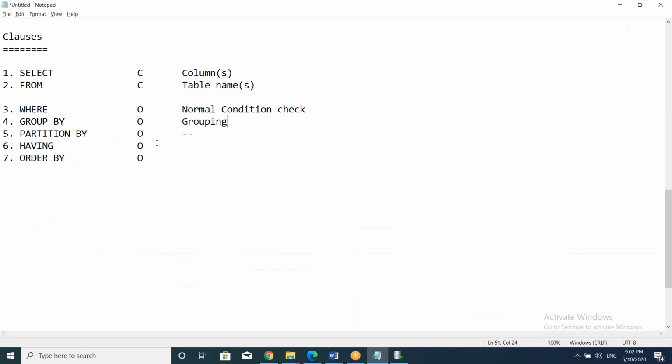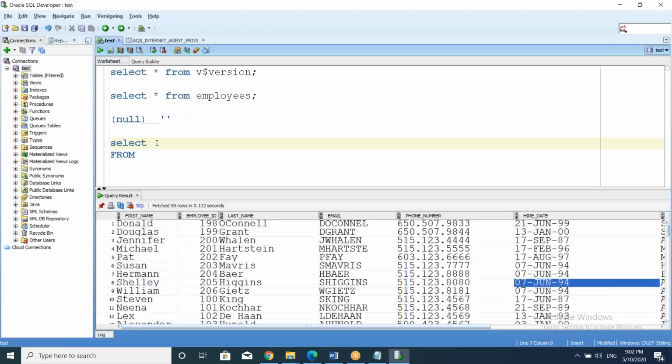Sir, the table that you showed, was it added by you, or is it made by the SQL query only? Yeah, this table we can also create. I have the query, but if you are using the Oracle database, then the Oracle database is developed by Oracle company. So Oracle company already provided a few tables, 6-7 tables, and those are very good tables to practice. So this table is also provided by Oracle company only.